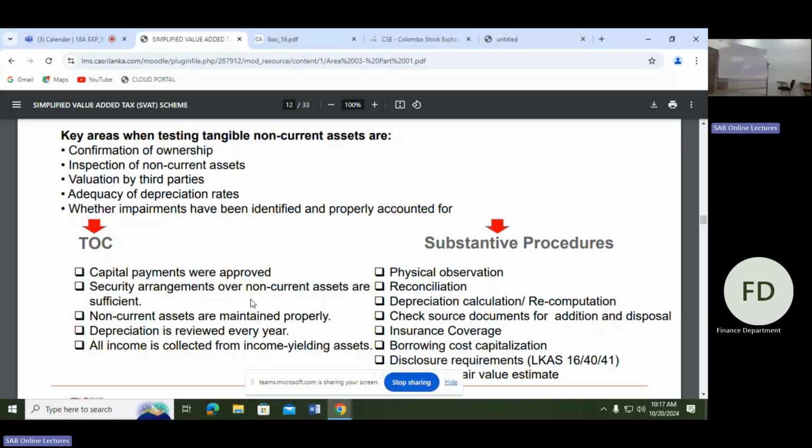And then borrowing cost capitalization. What do you mean by that? Borrowing cost